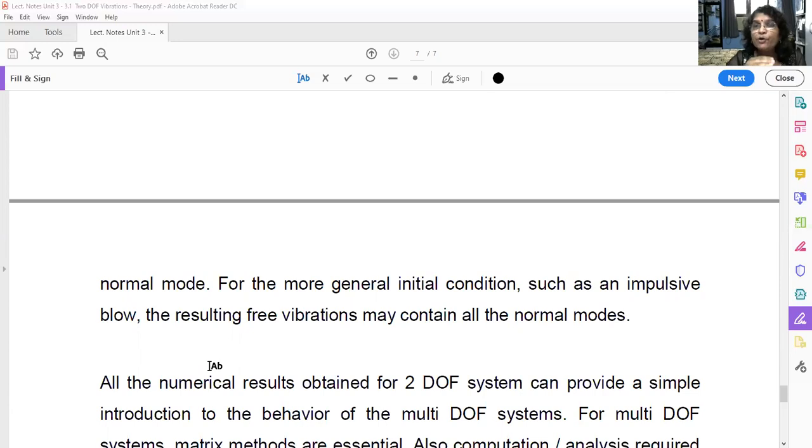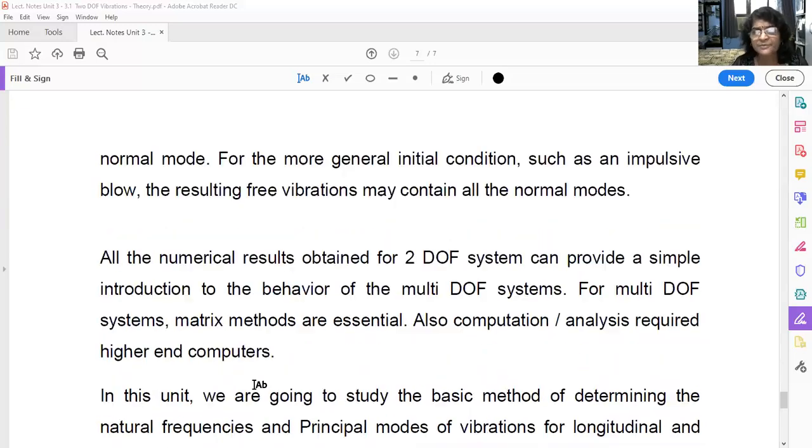If we give an initial displacement of 5 mm to one mass, you have to give 5 mm to the other mass also, either in the same direction or in a different direction. You cannot give 3 and 5, etc. That will become a general initial condition. We have to give specific initial conditions to create the principal modes of vibration. And for your syllabus there are only principal modes of vibration. You don't have to study general modes of vibration. Those are very complex phenomena.